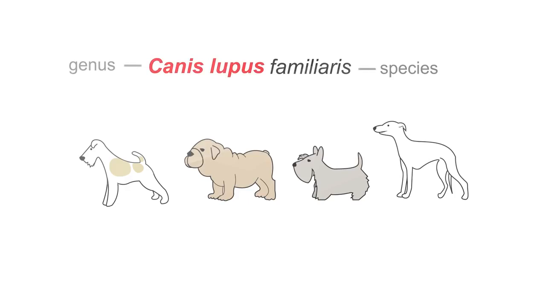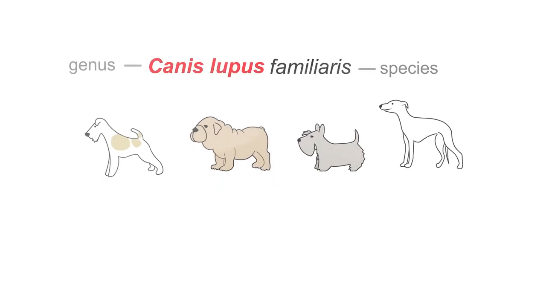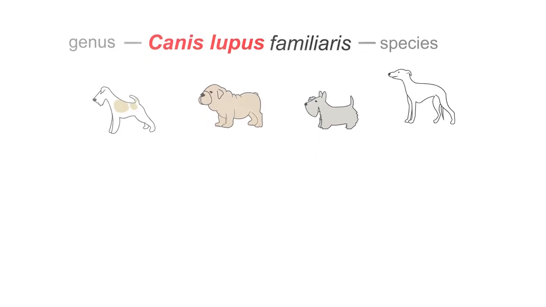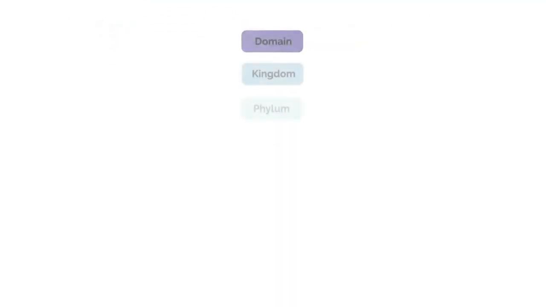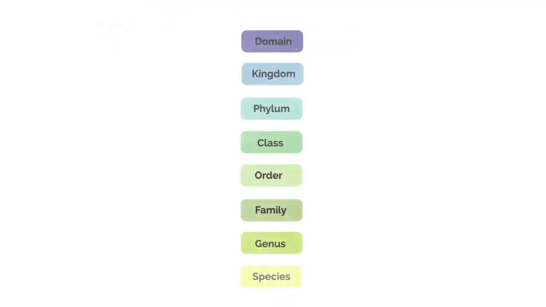Other members of the dog family that are closely related, but not the same species, will share the higher group name, the genus name, but have a different species name. For example, the grey wolf, which is the closest relative to the domestic dog, is classified as Canis lupus lupus. By using this system, we can classify organisms according to their shared evolutionary history. Linnaeus also created higher and more inclusive taxonomic categories that encompass an increasingly broader range of organisms.